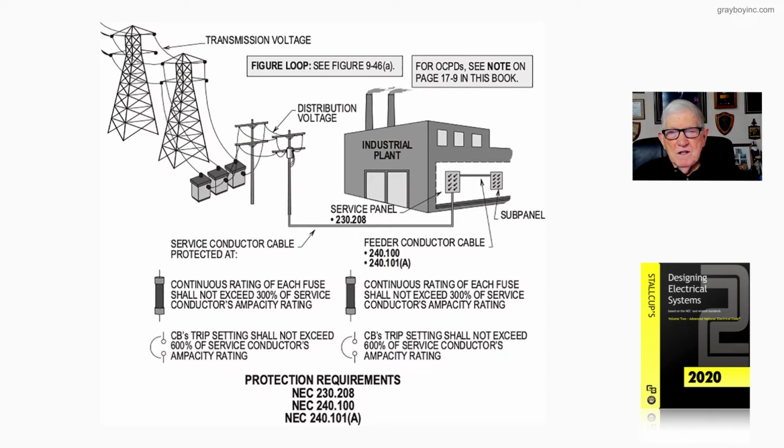when you review 240.101 in the NEC. Now, continuous rating of each fuse shall not exceed 300% of the conductor's ampacity at the service equipment and so forth. And circuit breaker trip setting should not exceed 600% of the service conductor's ampacity rating. And then again, using electronically actuated fuse, you could go up to 600% there. Now notice this protection requirement scheme can be read in detail in 230.208, 240.100, and